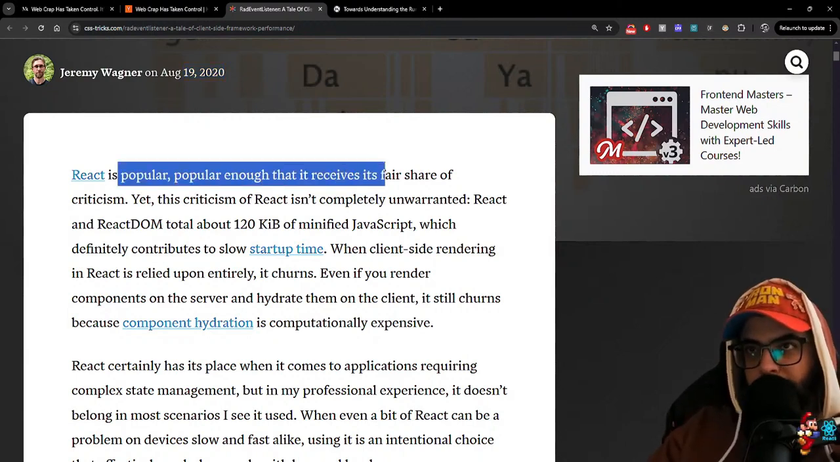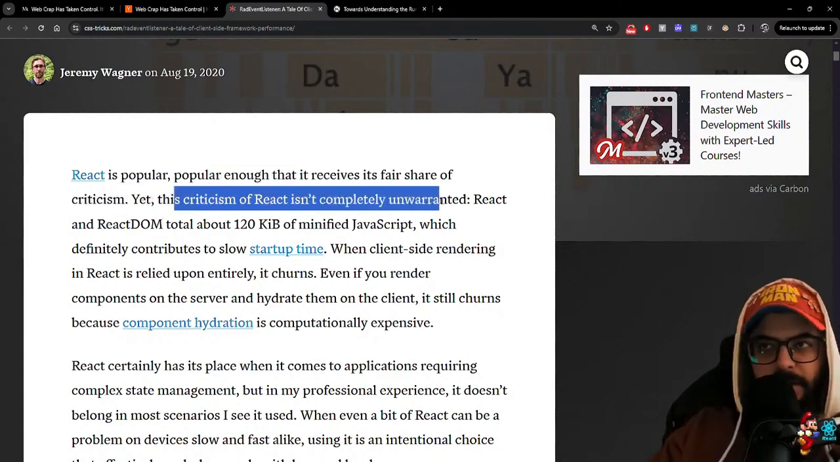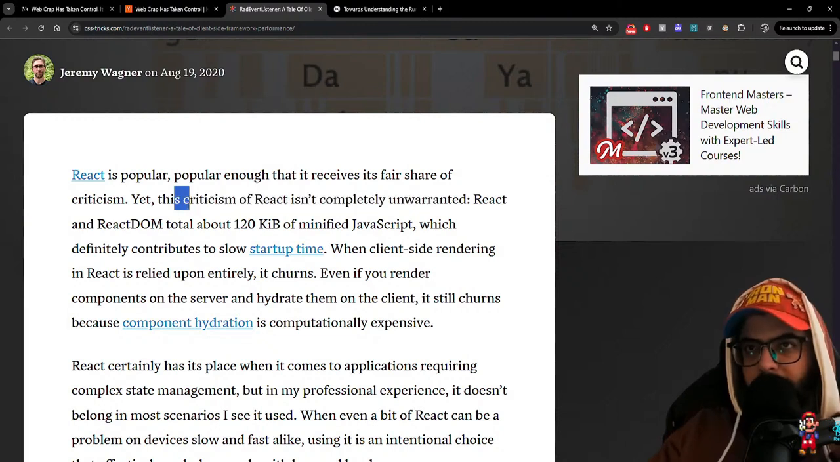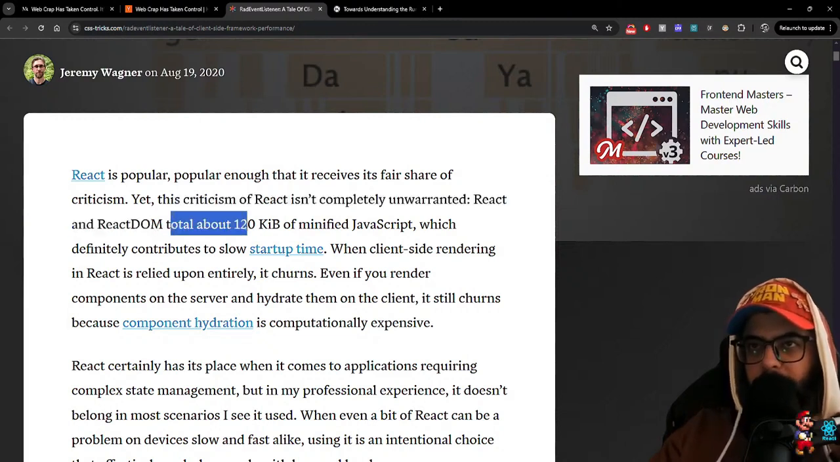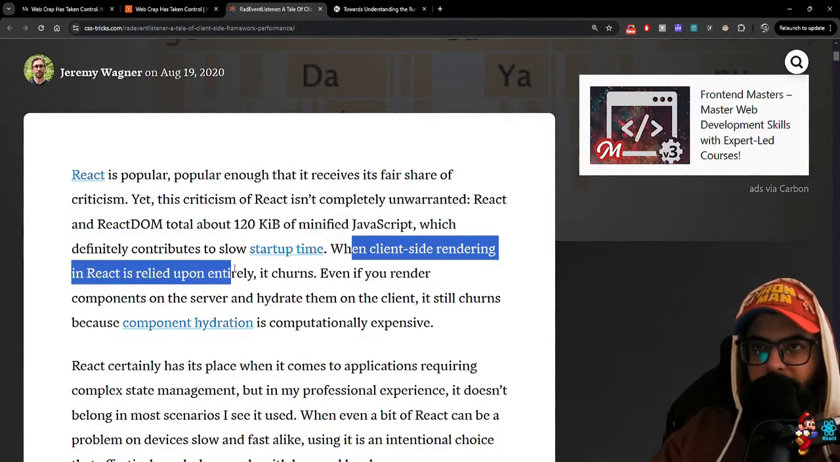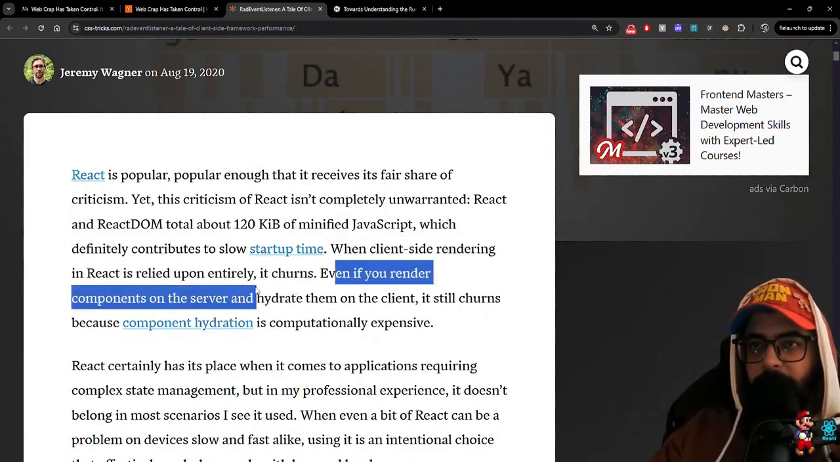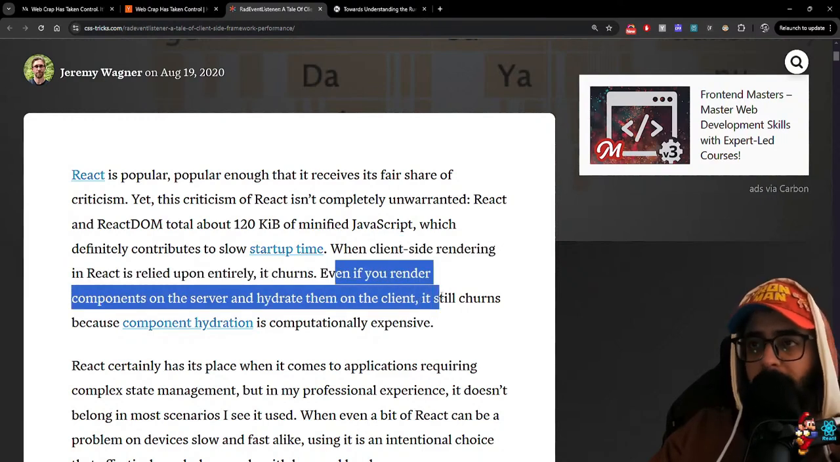React is popular enough that it receives its fair share of criticism. Yet, this criticism of React isn't completely unwarranted. React and React DOM total about 120 KB of minified JavaScript, which definitely contributes to slow startup time. When client-side rendering in React is relied upon entirely, it churns. Even if you render components on the server and hydrate them on the client, it still churns because component hydration